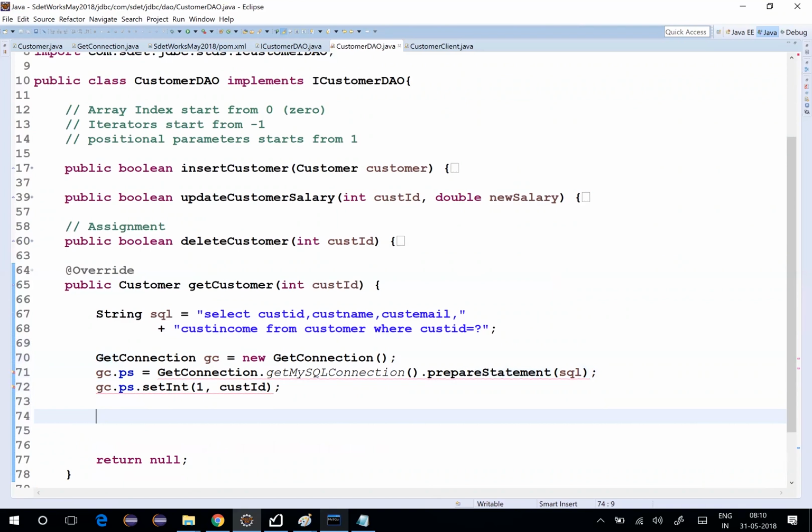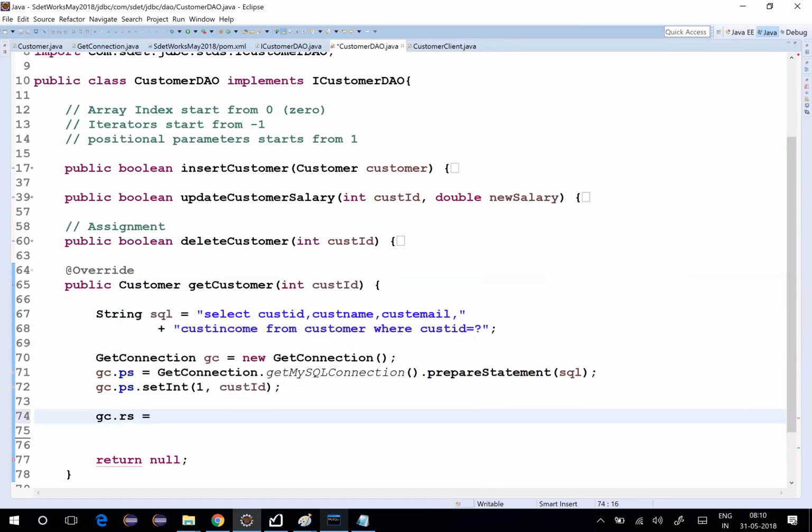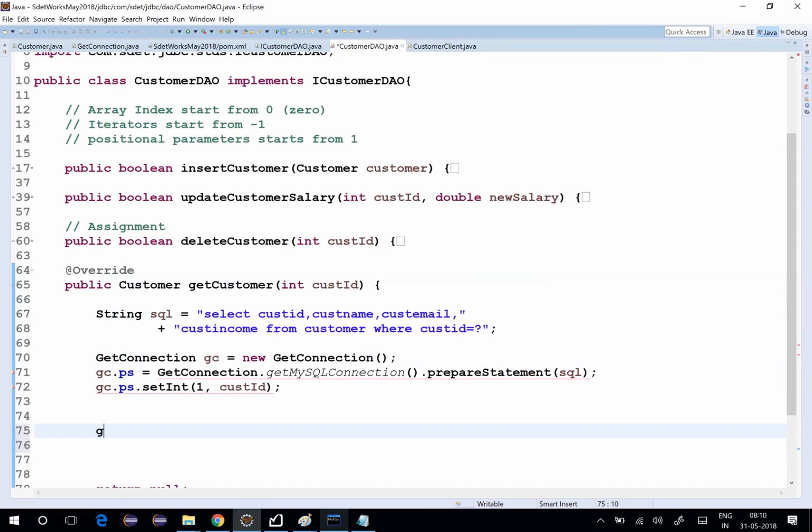That's it. So this time I know that it is SQL. It's a DQL statement, which is a select query. Now I will say gc.rs, which is result set, and we have to know it. I'll also show you a few things. I'll say gc dot